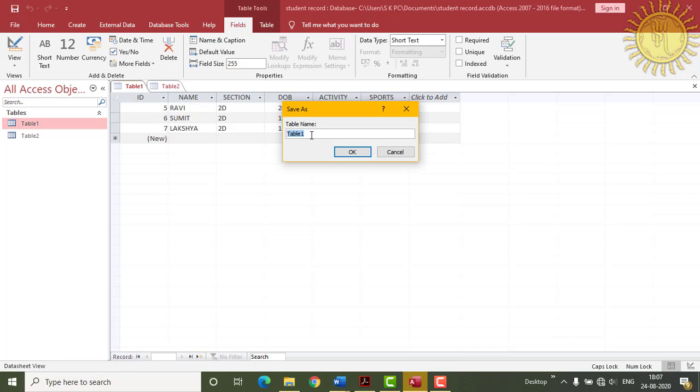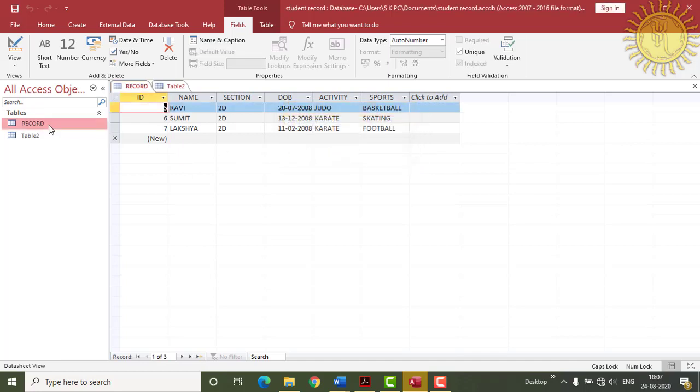So I am just typing here the name as a record, and after clicking on this OK button, here you can see the table name has been changed as a record and it is saved.